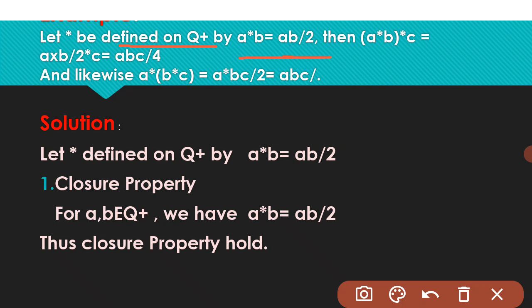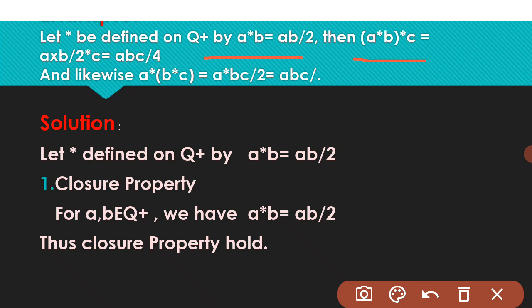I need your attention please. The asterisk operator is like that. When we operate a with b, it gives us ab by 2. It means whenever the asterisk operator is applied, 1 by 2 we will find. So from this example, it also proves our closure property, but we prove it in the solution as well. Then a asterisk b asterisk c is equal to, we know that a asterisk b,